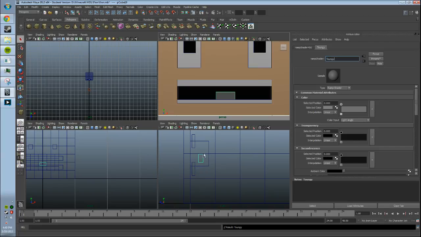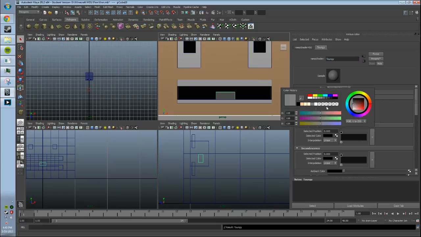Actually, I'm going to have to go and extend that. Tonguey. What we want to do is go selected linear. We need a nice red color, I think. Also it would help to have Pantone colors in the swatches, but